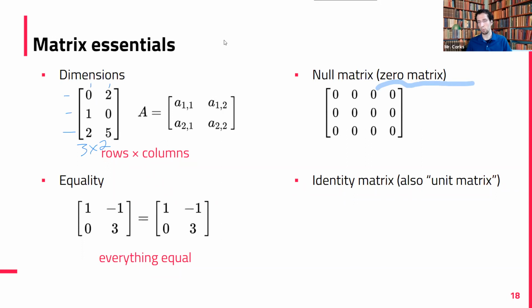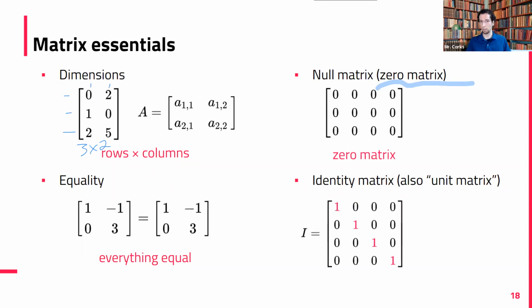It does involve ones, but something else about it: ones in the main diagonal of the matrix. Okay, so ones in the main diagonal, and everything else is 0. So it must be square, but does not need to be 4 by 4. It can be 5 by 5 or 2 by 2 or anything, but we'll have 1s in the main diagonal